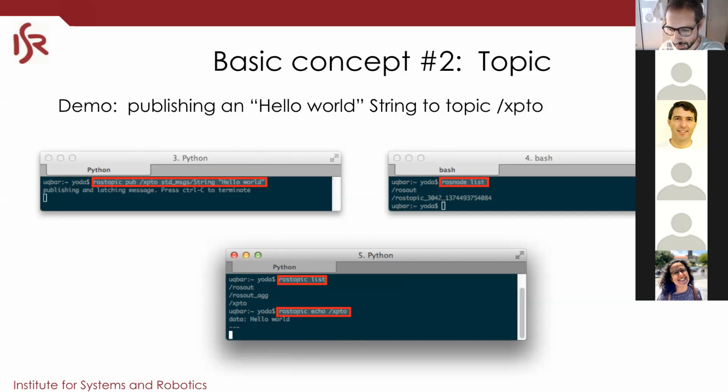Yes. I have a question. Sure. If I understand correctly, a topic is also a node, but not all? No, big difference. The node is the process that interacts with ROS. The topic is the communication mechanism. One node can be publishing to multiple topics, and can subscribe. So there are two different things: topics and nodes.